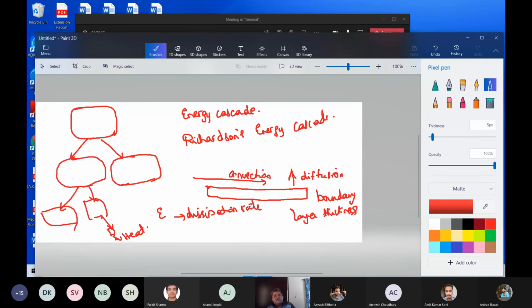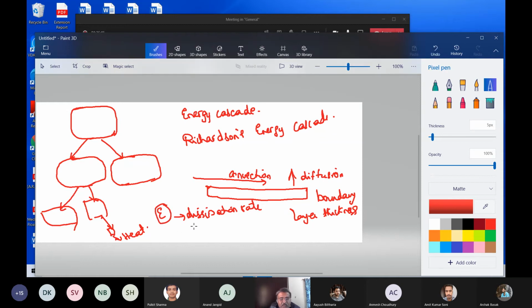I don't know if you are familiar with CFD, but you might have heard about the k-epsilon model and all that. It is a kind of model which is used for turbulence. Anyway, that epsilon is this. Epsilon is the dissipation rate. It is the rate at which energy is dissipated by the smaller scale eddies. So this dissipation rate is epsilon.